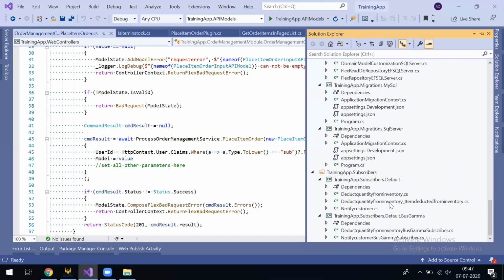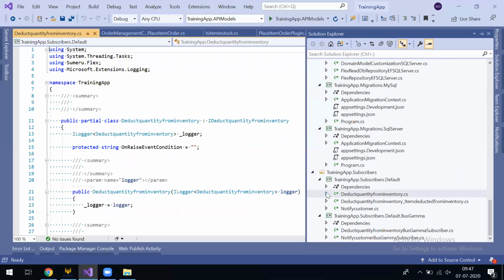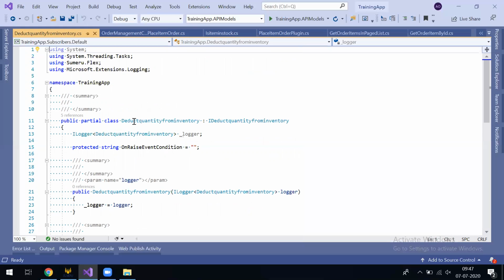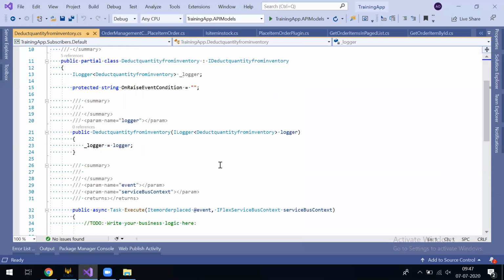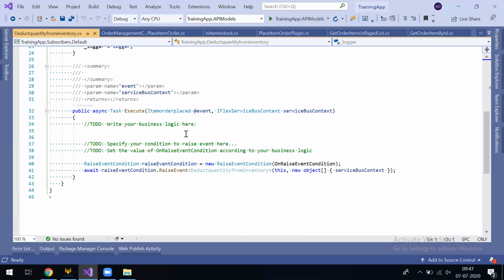And also there is a subscriber project, wherein you have to do some actions post some event. So one action we had configured was deduct quantity from the inventory. So that code is generated. You can write your logic over here.